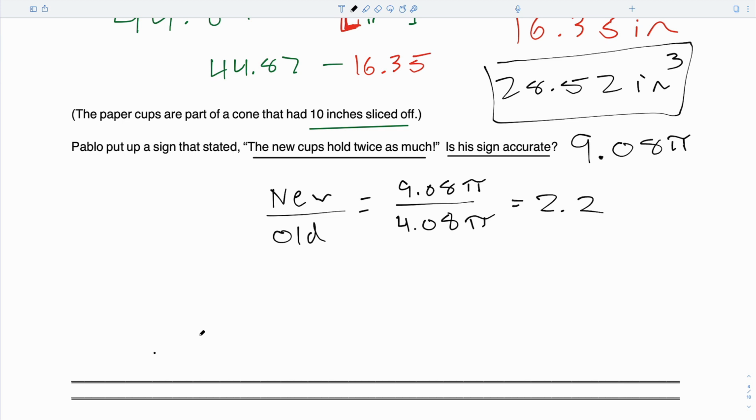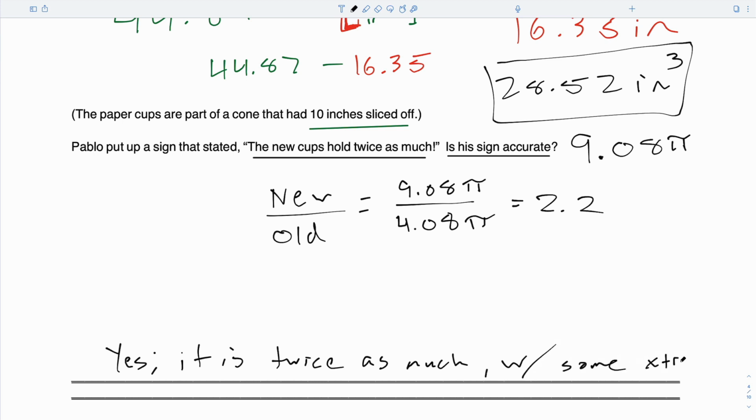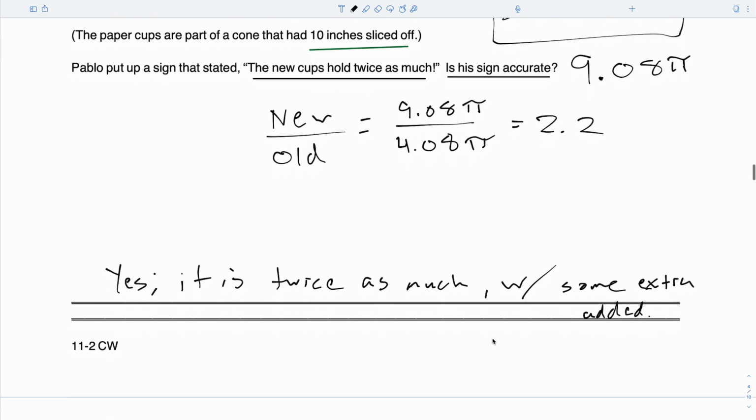All right, 3, 2, 1. Ava F, what did you and Kendall talk about? You agree or do you disagree with that? You think it's accurate because why? It's twice as much and it's more, so they're giving like a bonus 0.2. It is twice as much with some extra. Anyone disagree with that? Anakin? He said 2, not 2.2. He said twice. So you could also argue that this isn't accurate because it's not exactly 2.2. He would have to put on his sign, this new cup is 2.2 times as much, which I would